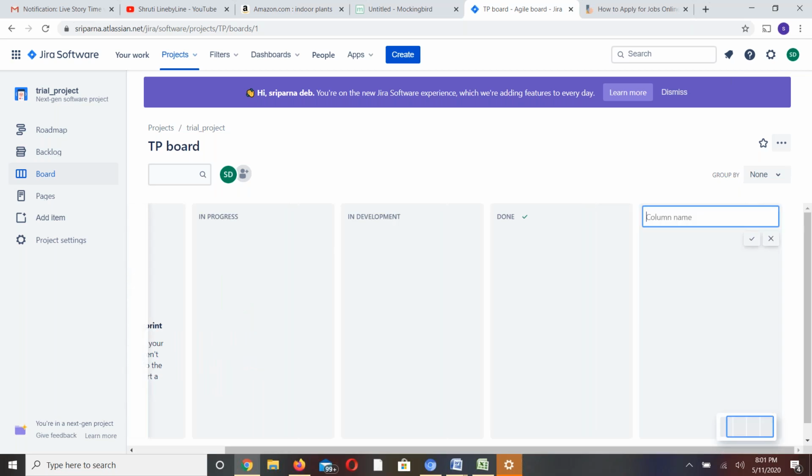That means that once the development is done, another developer has to review the code. Only then will it come into the testing stage.